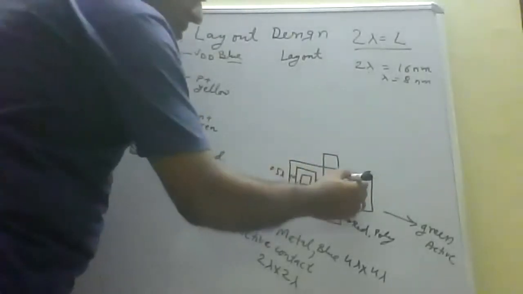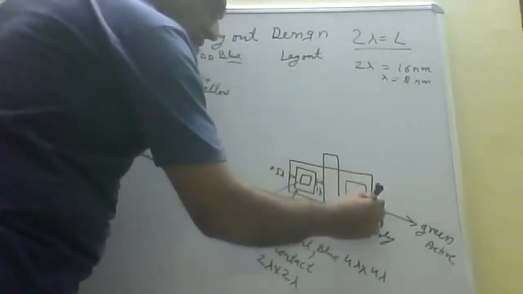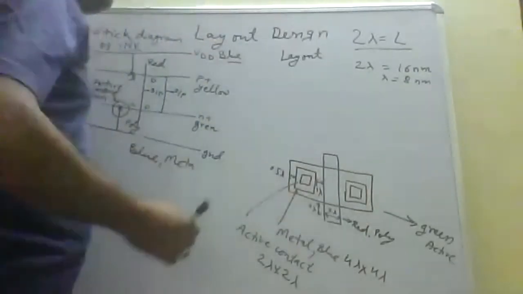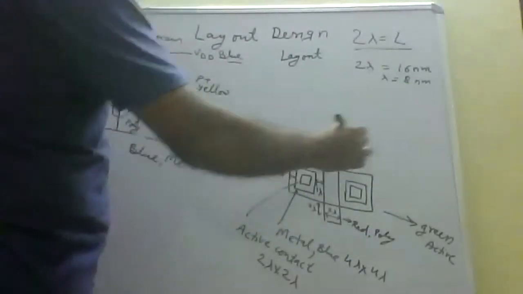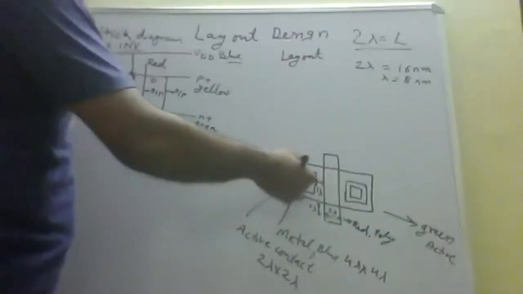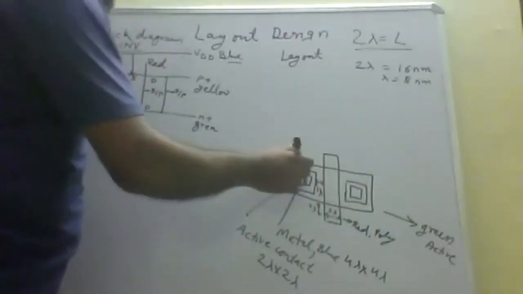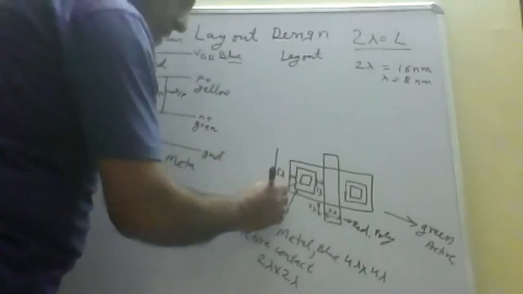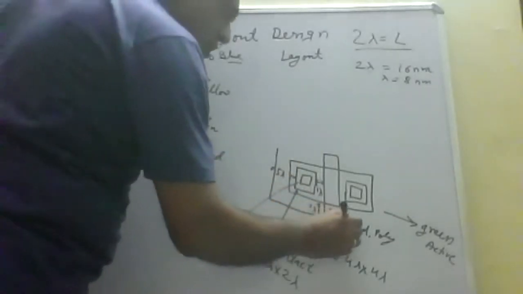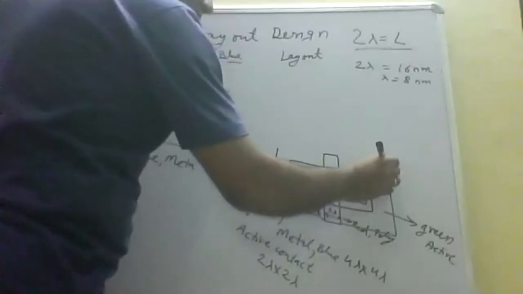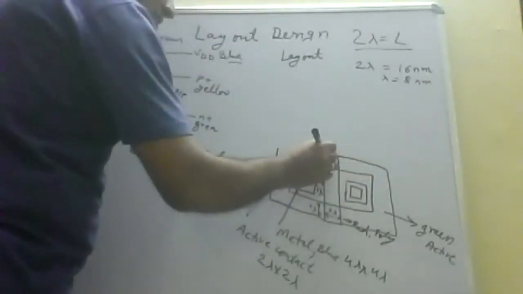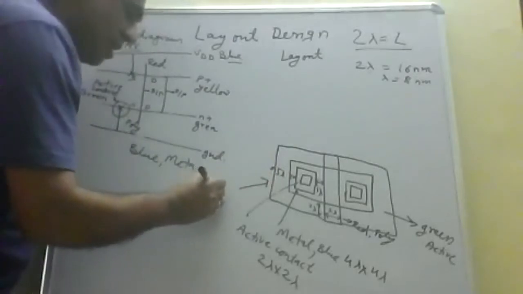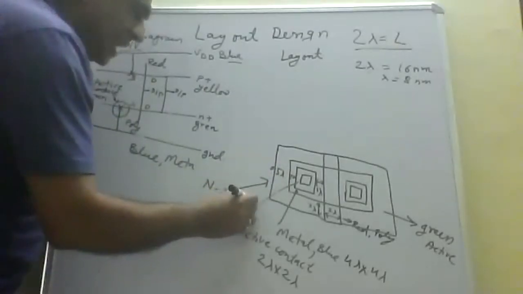Similarly, this is the source. A similar contact is made for the drain. So here the drain contact is made, right? And this is the source and drain, that is the N plus. To make this N plus, we draw an N-type body which overlaps here with a 2 lambda distance. This is called, in the editor, N select.